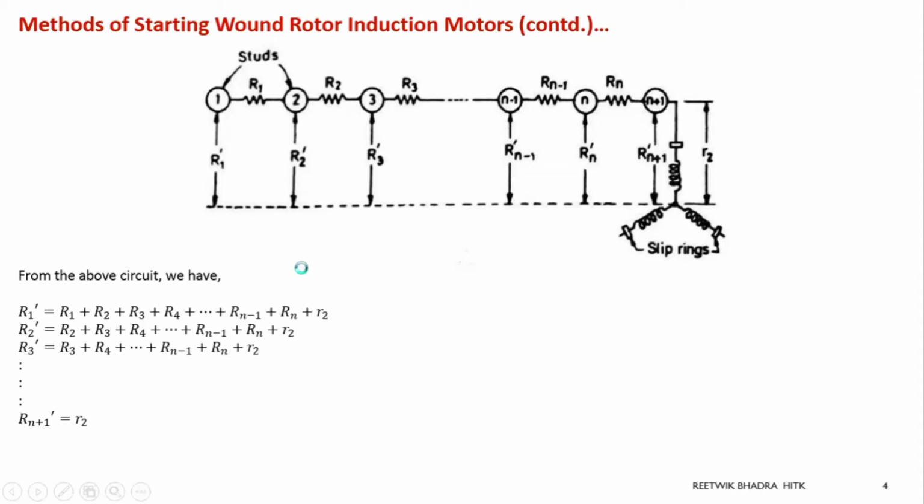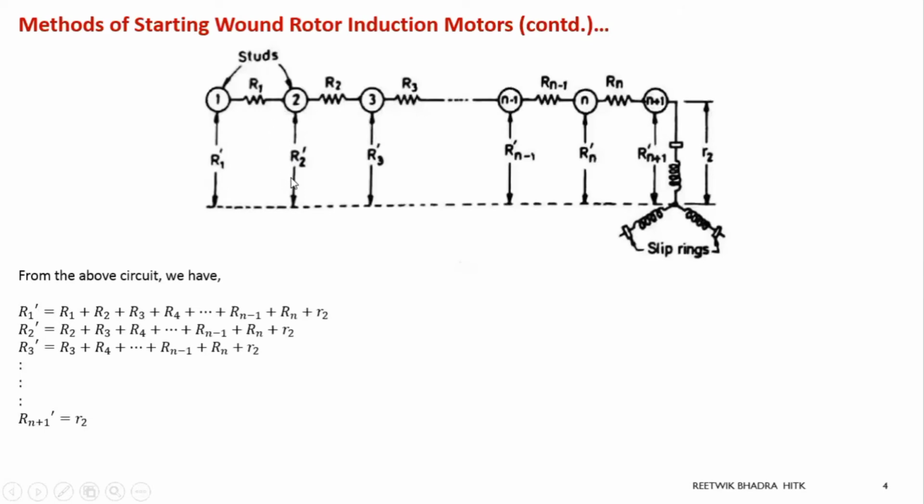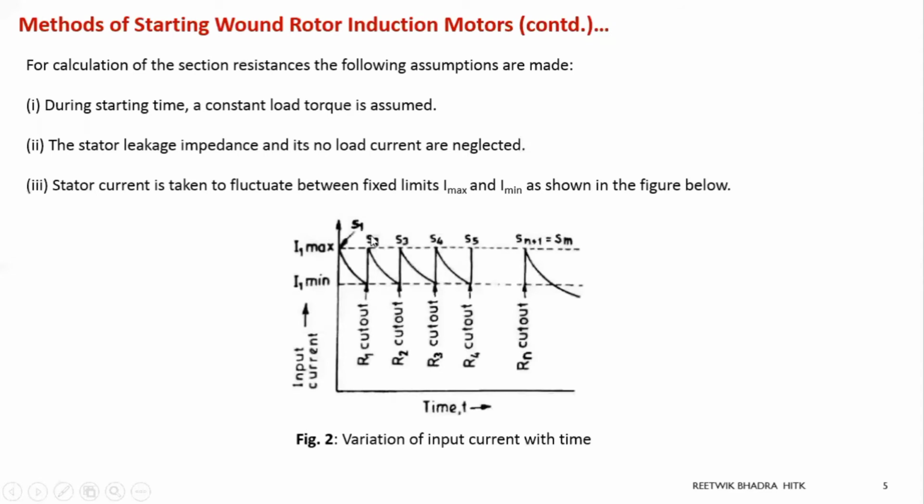R2 dash. Now at this point only where R1 is cut off, so R2 dash comes into function, we are considering that as a very fast change. So that's why there is no speed change over here. Otherwise, if you take a slant line, then slip will obviously change. So I'm considering this change to be fast, neglecting that microsecond delay. If R1 is cut off over here, R2 dash becomes the total resistance, so at that position the slip remains constant. That means my speed is constant. So this also occurs at S2.